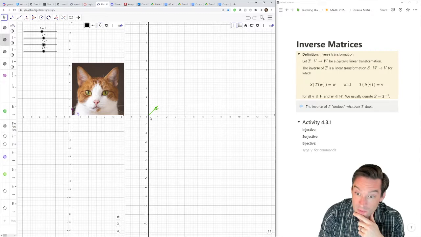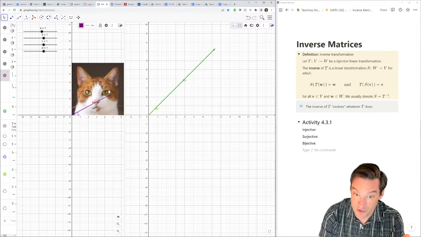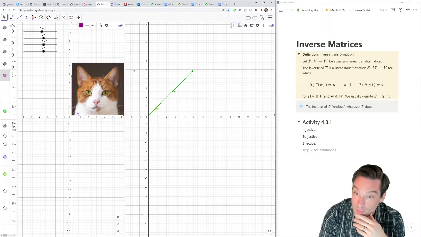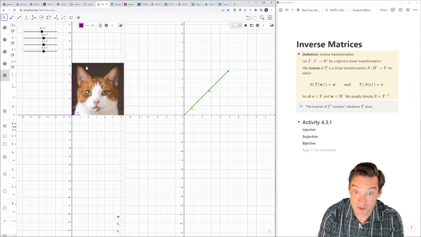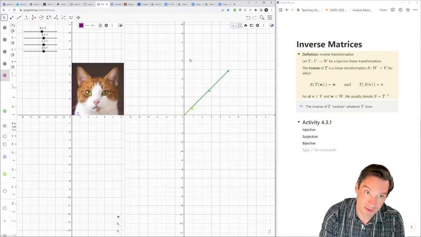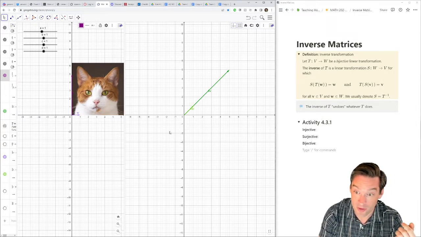right? Where most of the points in my codomain did not come from some point in my domain. If I choose a bunch of different points in my domain, I'm only getting codomain points that are lying along some proper subset of the codomain. So we can't have an invertible linear transformation here because most of the vectors that I could choose in my codomain are not outputs from this function. And so we're not going to be able to define a linear transformation that goes backwards from the codomain to